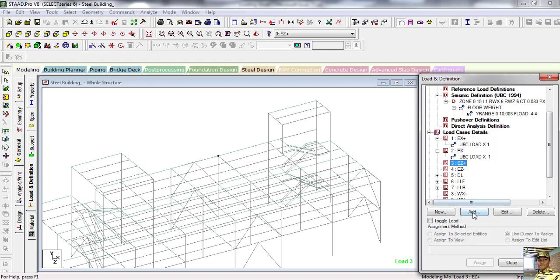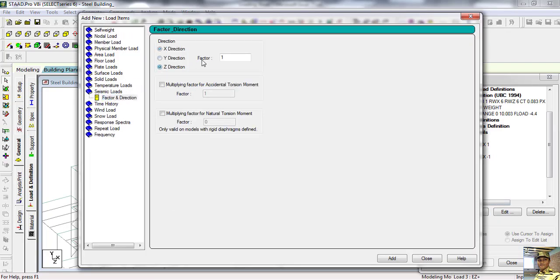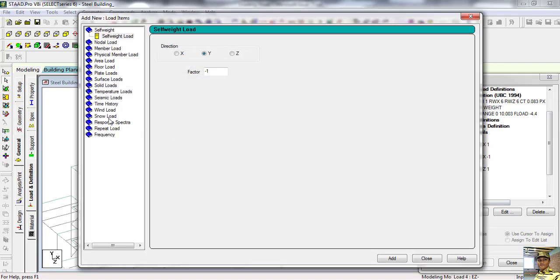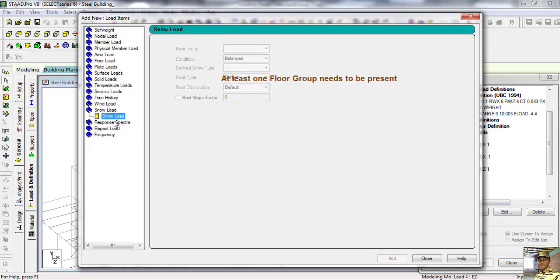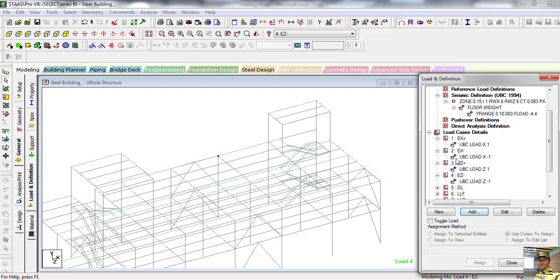Earthquake z direction positive, seismic load z direction positive 1, close. Earthquake z direction negative, seismic load z direction negative 1, add, close. Now our earthquake load is defined.